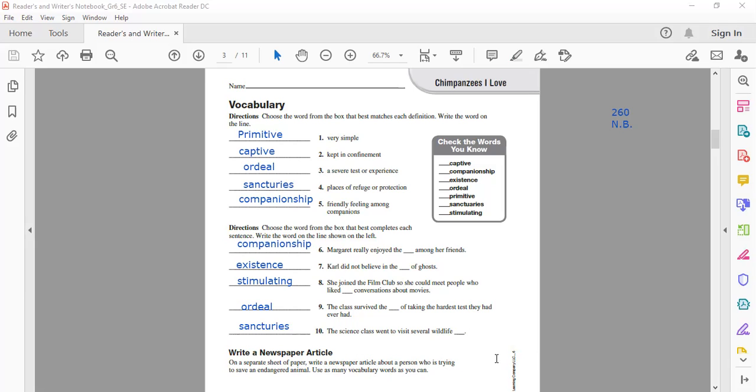some type of animal that is endangered, and maybe it will die if we don't save it. So you are trying to write a news article about this to save this animal and to tell people about it. Okay, and use as many vocabulary words from our lesson today as you can. Okay, my girls,